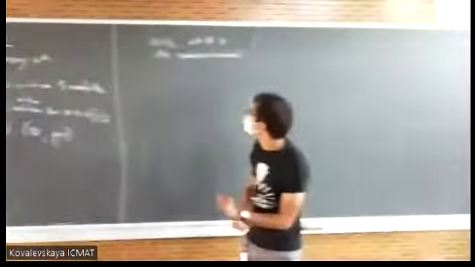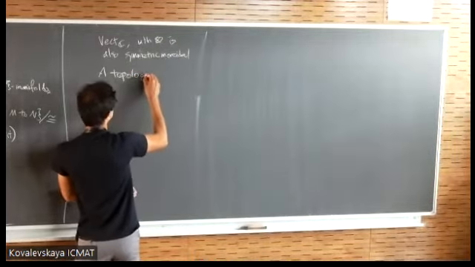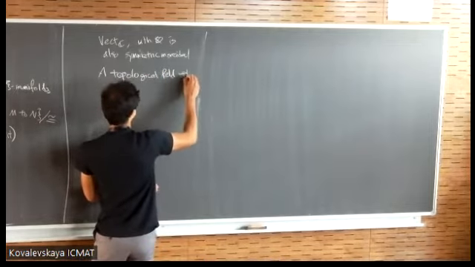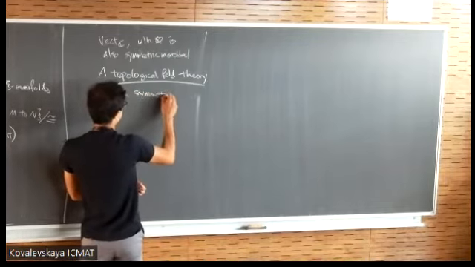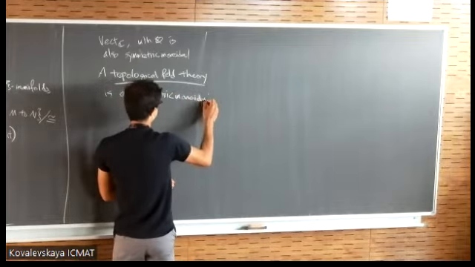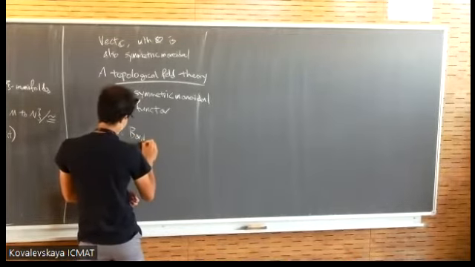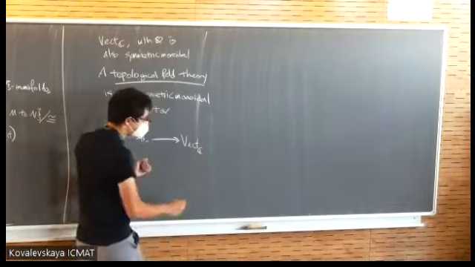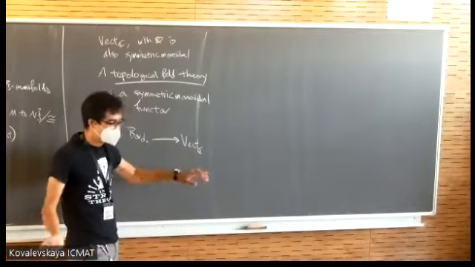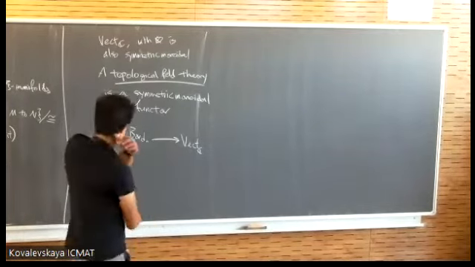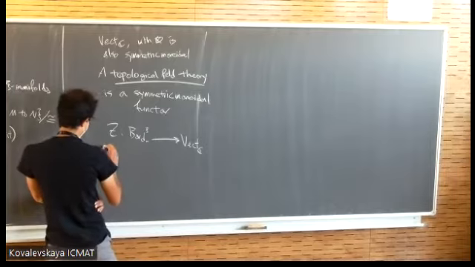Sounds good. So topological field theory is a symmetric monoidal functor from the bordism category to vector spaces. There are many variations on this. You could take super vector spaces, Hilbert spaces. You could take all sorts of variants of the bordism category, but this is just what we're going to do today. So what this means is that to an n-1 manifold,